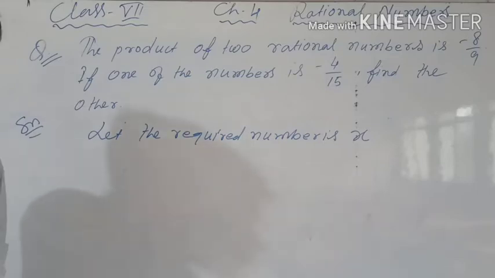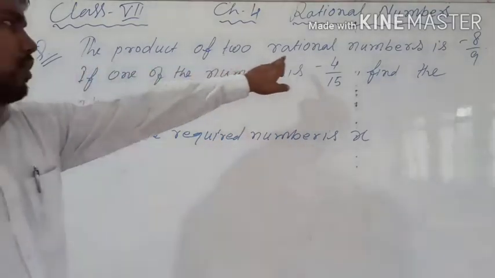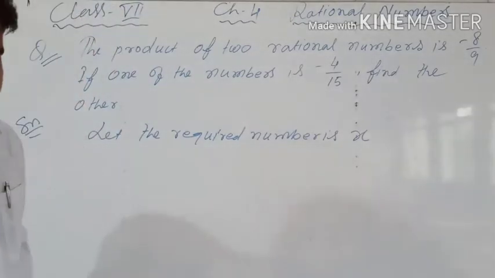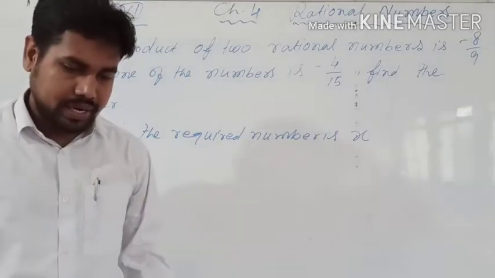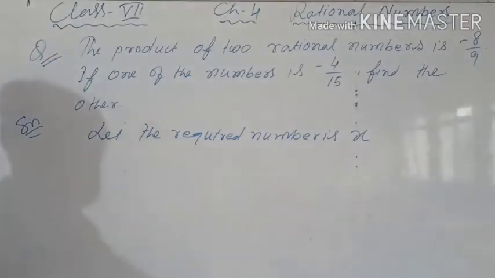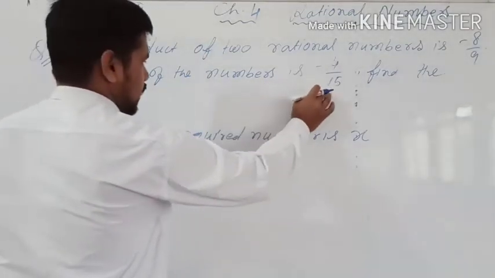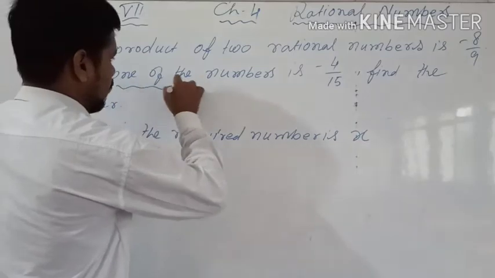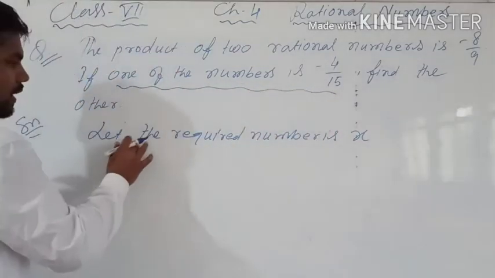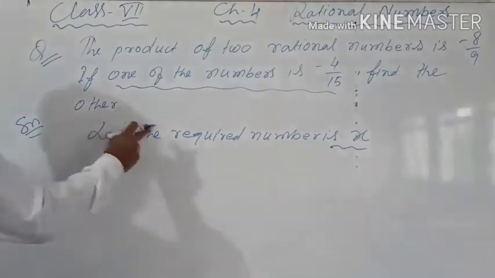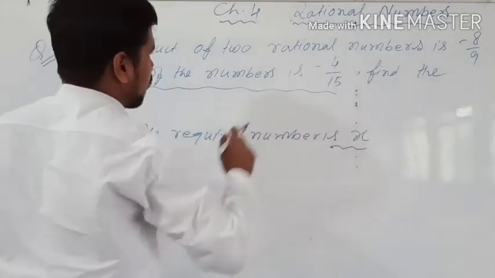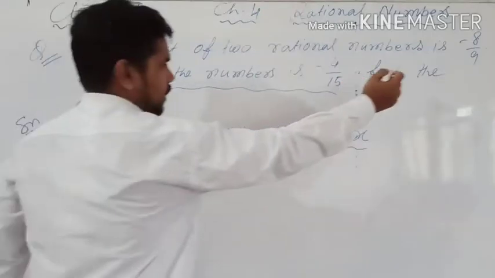ओके, सो मान लेते हैं वो नंबर जो है एक से हम लोग मल्टीप्लाई करते हैं, तो वो जो है इसका सम ये हो जाएगा. ये तो प्रोडक्ट ऑफ टू नंबर इज 8 by 9 दिया हुआ है. सो प्रोडक्ट ऑफ टू नंबर इज गिवन 8 by 9 एंड वी आर कंसीडरिंग अनदर नंबर इज x. ओके, सो दिस इज द one of the number is given this. Okay, another number we have considered this. Okay, find the other number. So other number is x and the product is given minus 8 by 9.